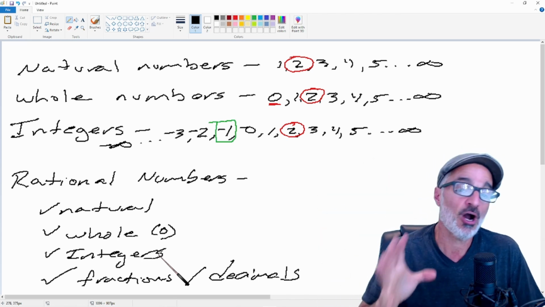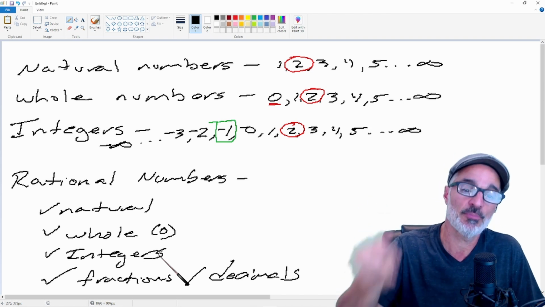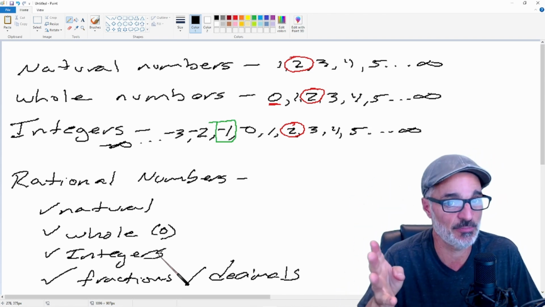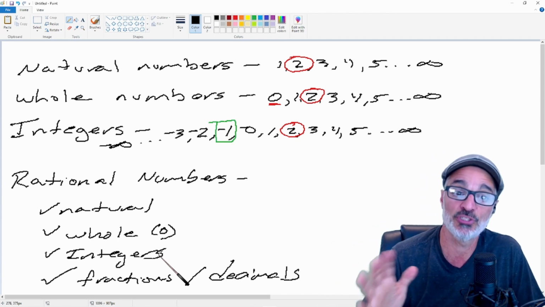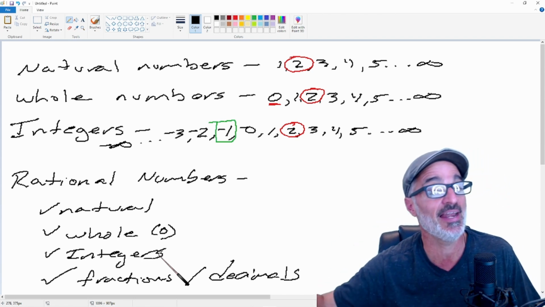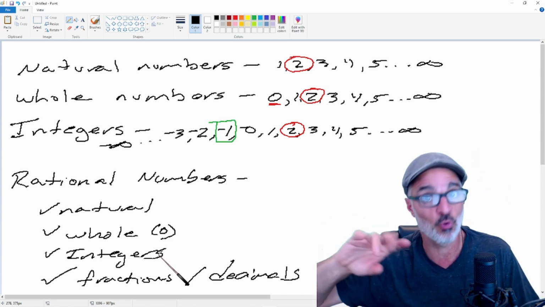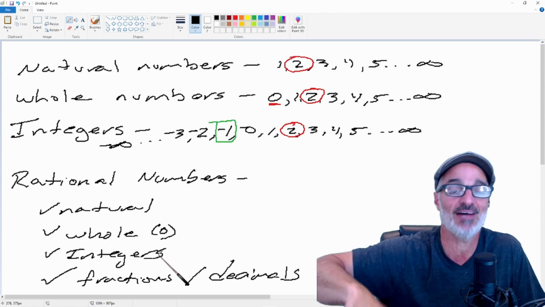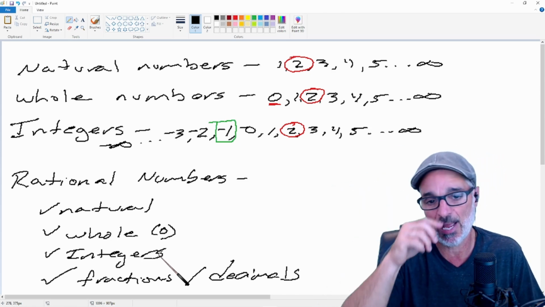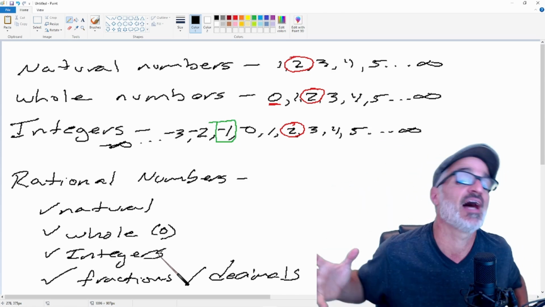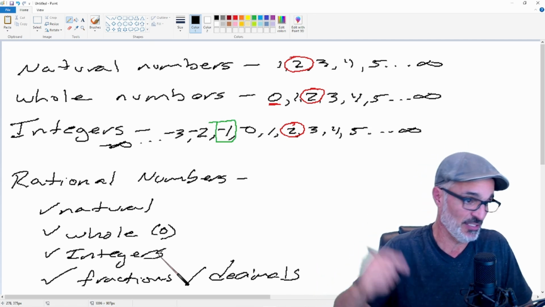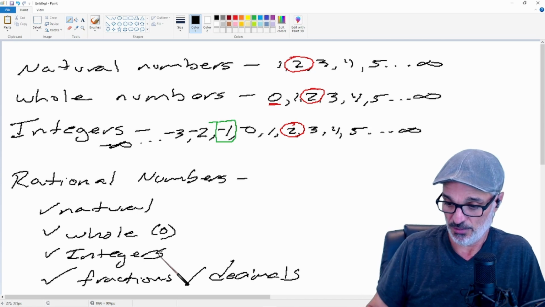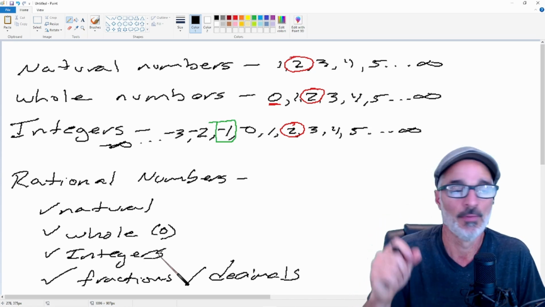So when you talk about rational numbers, you have natural numbers, whole numbers, integers, and fractions and decimals. When you talk about integers, you have negative numbers, positive numbers, and 0. When you talk about whole numbers, you have 0 and all positive numbers, or all natural numbers, numbers used to count. And the natural numbers are numbers used to count. Now, this is how these 4 categories came up. And you can find that story in the history books of my own library.